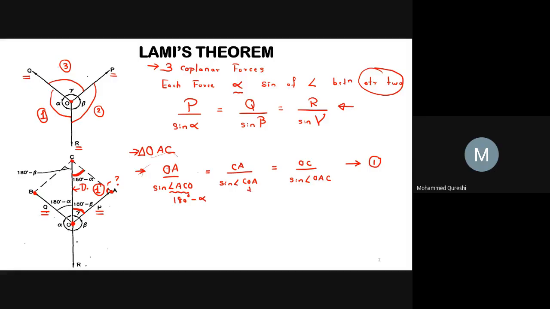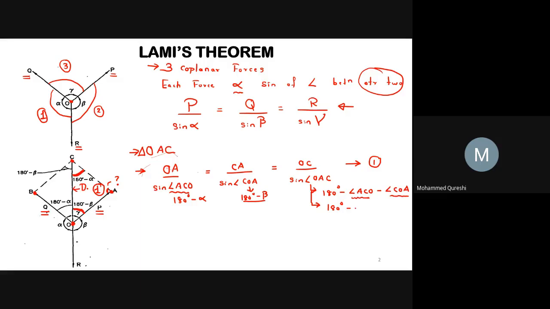Angle COA will be 180 degrees minus beta, and angle OAC will be 180 degrees minus angle ACO minus angle COA. So after putting the value of ACO as 180 minus alpha and angle COA as 180 minus beta, and after solving, you will get the angle OAC as